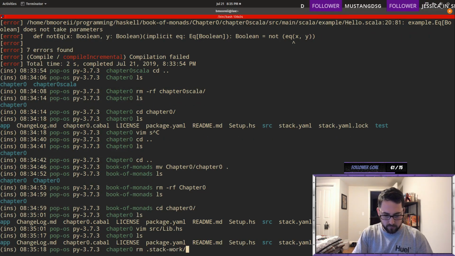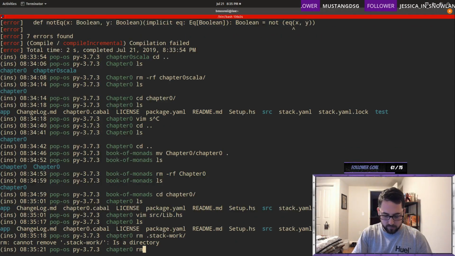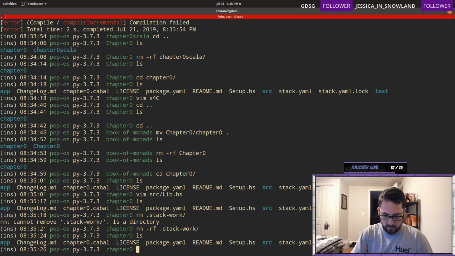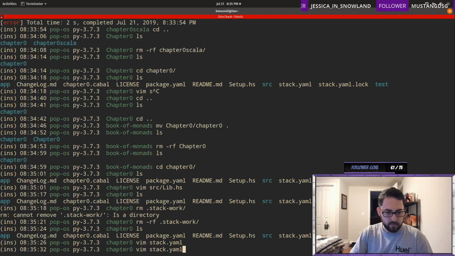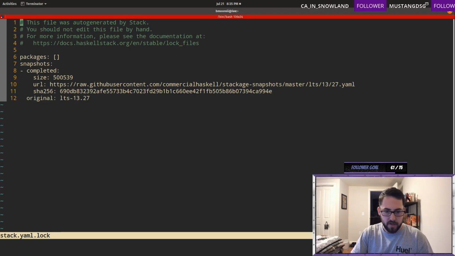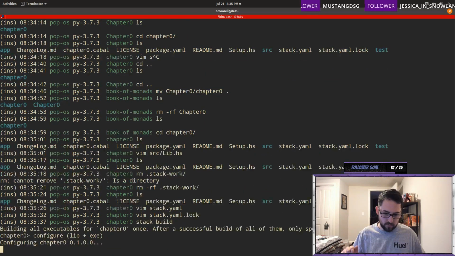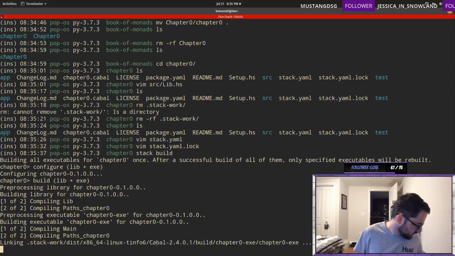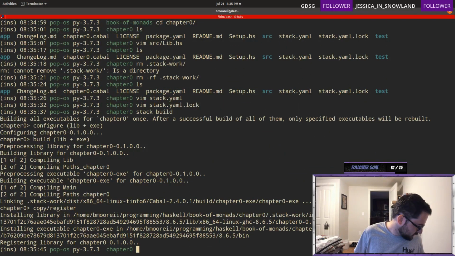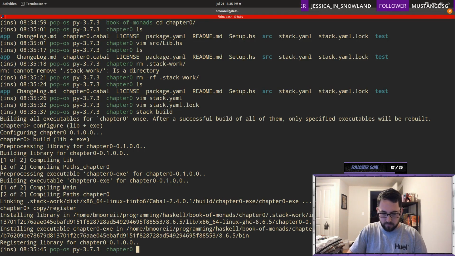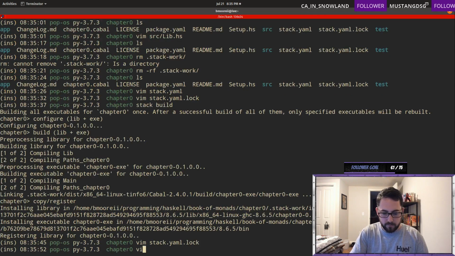Something's broken. Oops. Does the lock file contain something about the path? Doesn't look like it. Build. Seems fine. Not this.